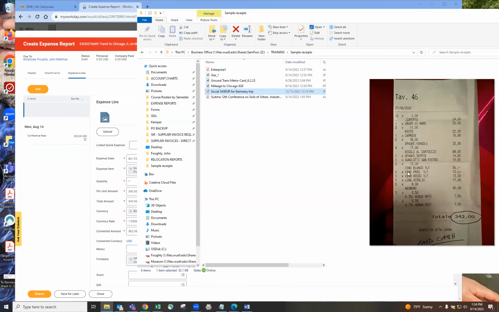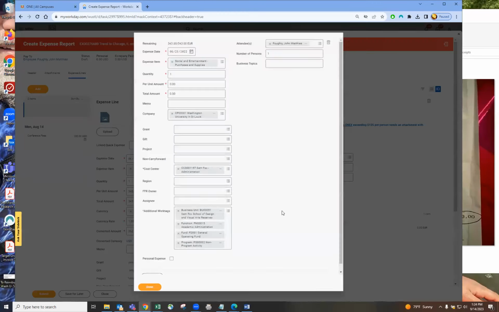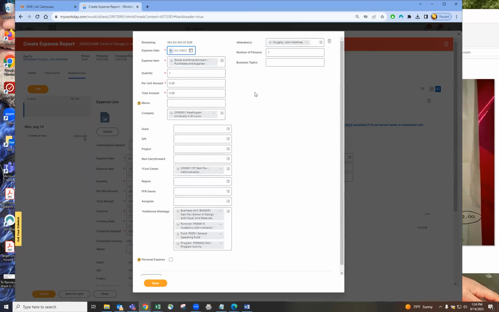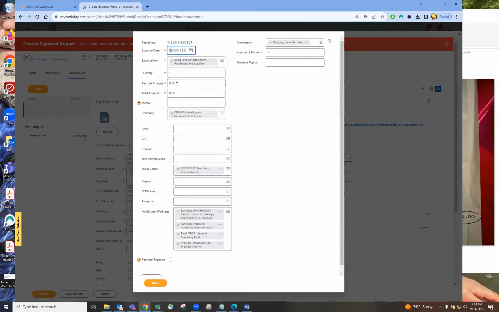So say, for example, I'm just going to use these three lines. So we have 13, 13, and 26. So it's a total of $52. Excuse me, $52 in alcohol. So we are going to click this add itemization button. And what that does is it basically just duplicates what we had out there. It's just a single line here. And we're going to have $52 that we're going to charge to